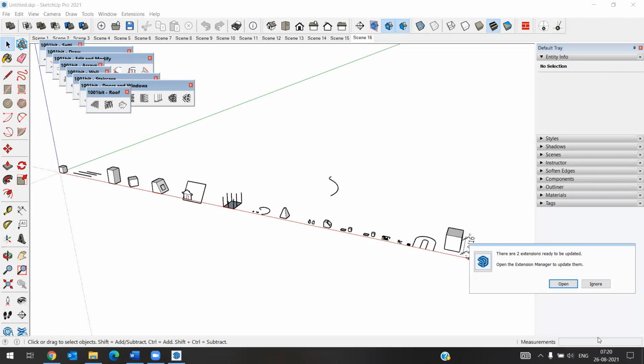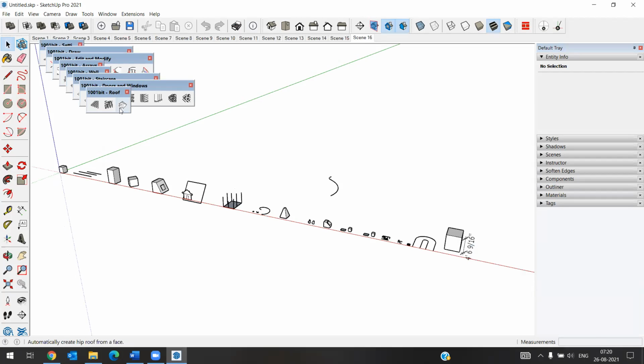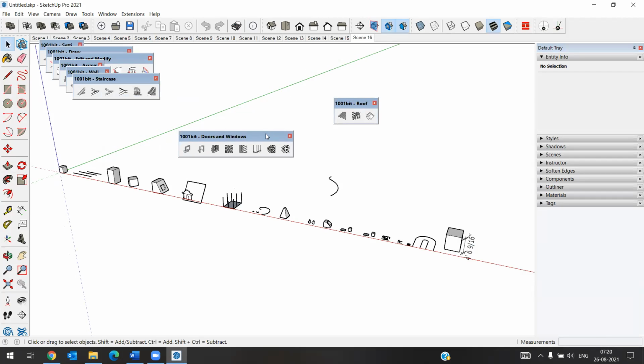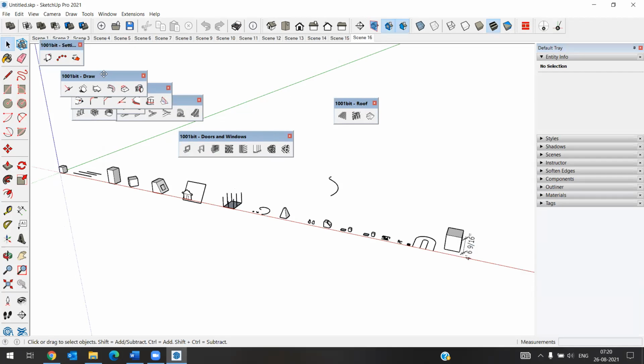Okay, see, after opening, the tabs came individually. Okay, in this way you can see that particular tools individually.